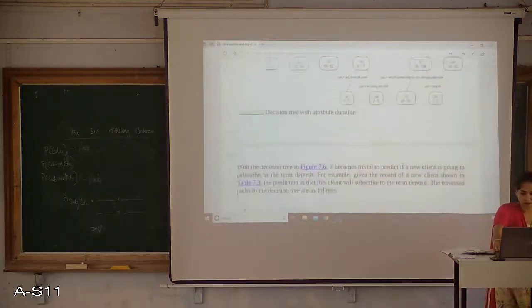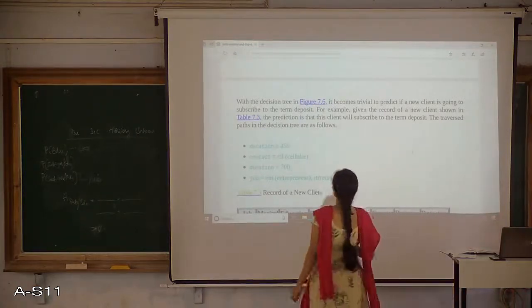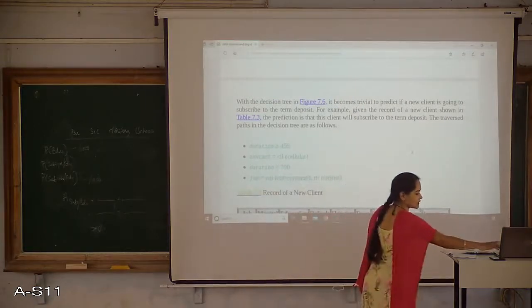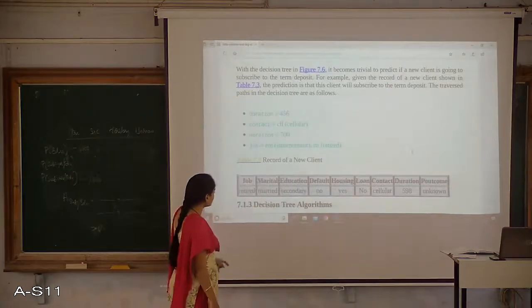Now let's check with one of the test cases here. This is the data I am taking to test one sample, whether the decision will be subscribed equal to yes or no. This is test data I am using.